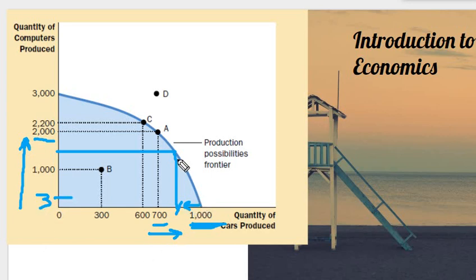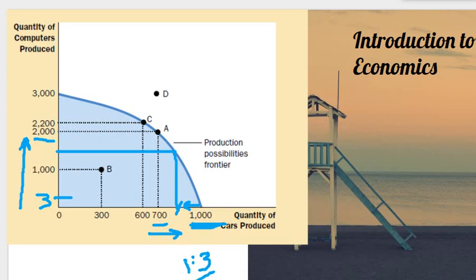If you, let's say, let go of 300 cars, that will get you enough resources to manufacture 2,000 computers. Now the rate of exchange has actually fallen. Here the ratio was 1:3,